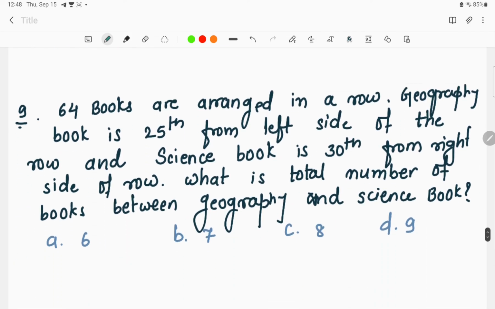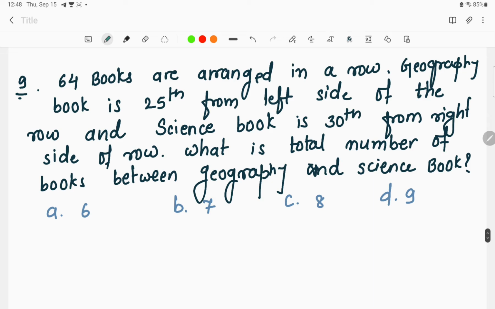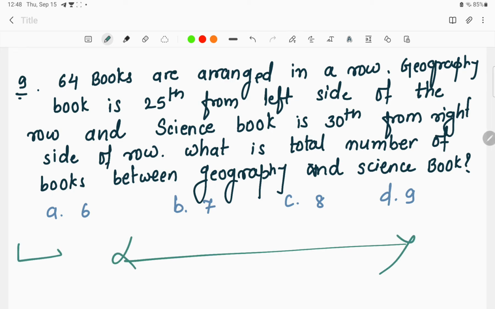Moving on to the next question. 64 books are arranged in one particular row. Now the Geography book is placed at the 25th from the right side of the row, and the Science book is placed at the 30th from the right side of the row. We have to find the total number of books between the Geography and Science books. This is one particular kind of question we have never discussed before. Let us move on, because such questions can be asked for a particular person, or they can be given for a particular object, and this is one category or type of question in case of